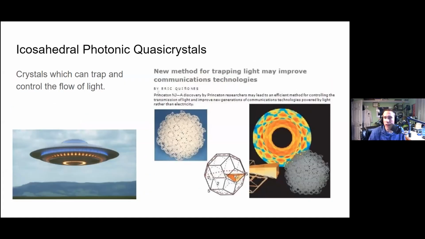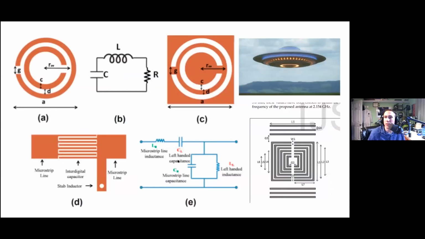Quasicrystals are also used in this Eric Quinones article from Princeton University. Their researchers built a scale model of a quasicrystal using a bunch of straws, the length of the wavelength of the microwave radiation that they shot at it from a horn, and they noticed that it reflected those signals at 90-degree angles with perfect reflection, without losing signal quality. So quasicrystals are certainly an interesting area of research that I think should be pursued further for future spacecraft engineering research.